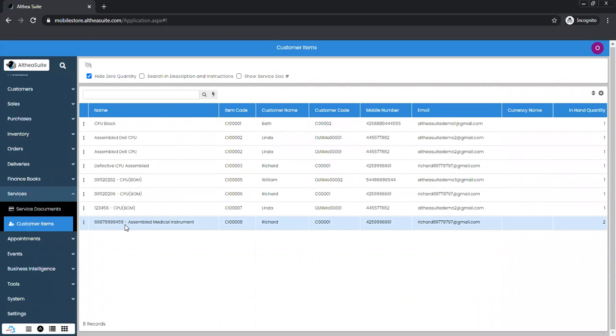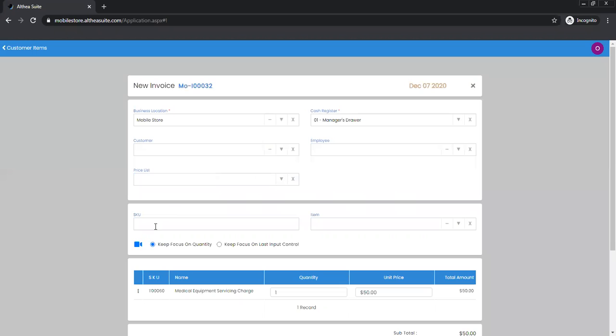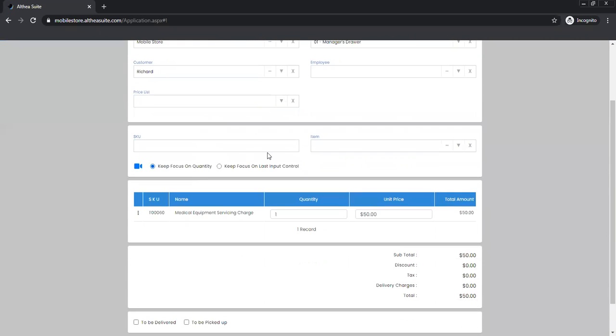At a later point of time, when you feel that you are making the service or getting the servicing done, you can go back to customer items and look at that product and create a sales invoice using this three-dotted icon. This is when now you have made the service and you're now trying to make a sales invoice.